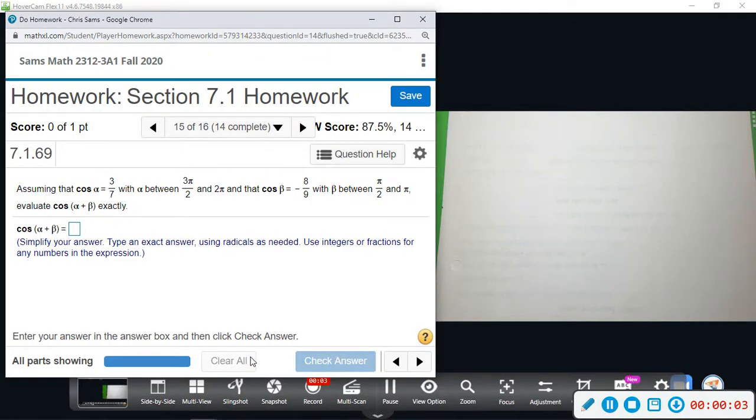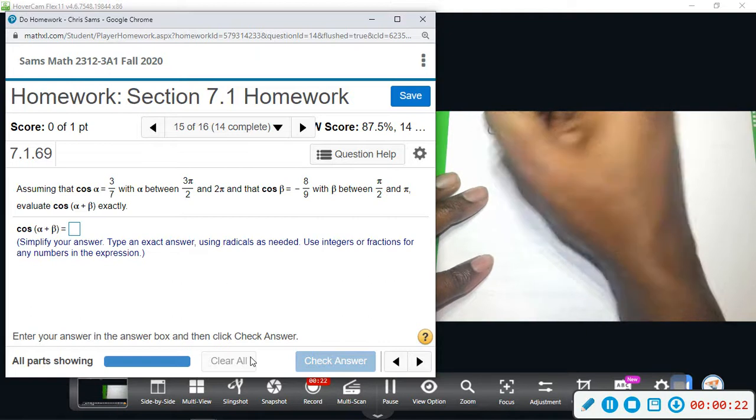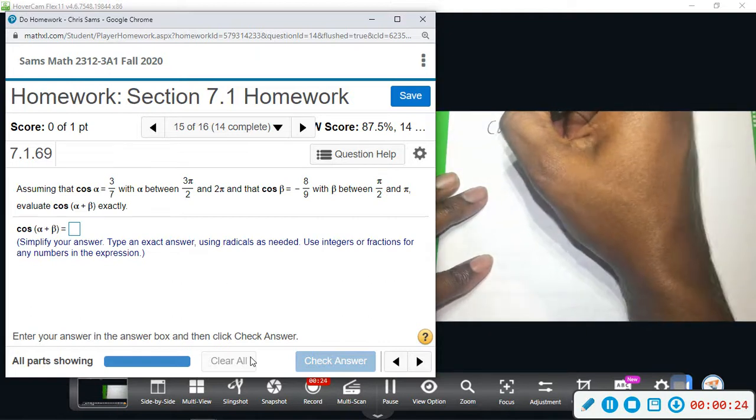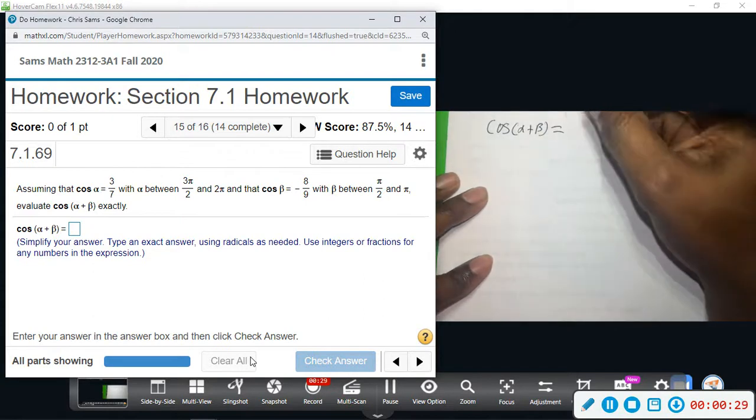Alright, number 15, we're given a value for cosine alpha and cosine beta. We're given some restrictions so that we know which quadrant they're in, and then we want to evaluate cosine of alpha plus beta exactly. Cosine alpha plus beta is equal to